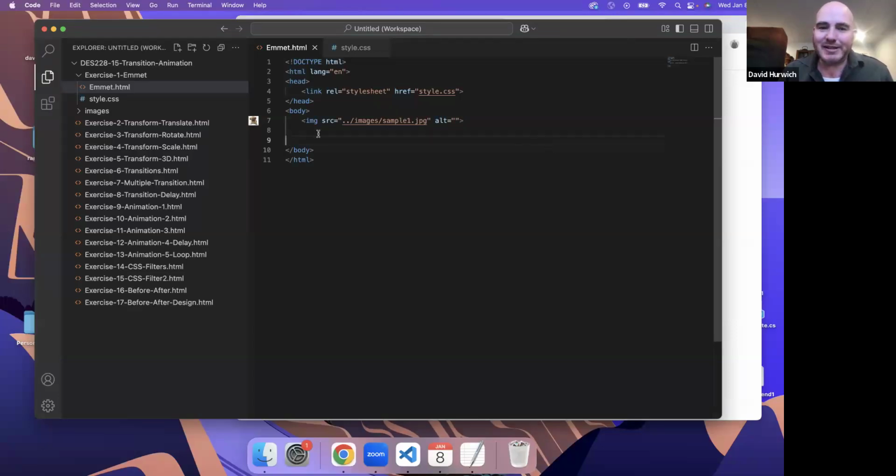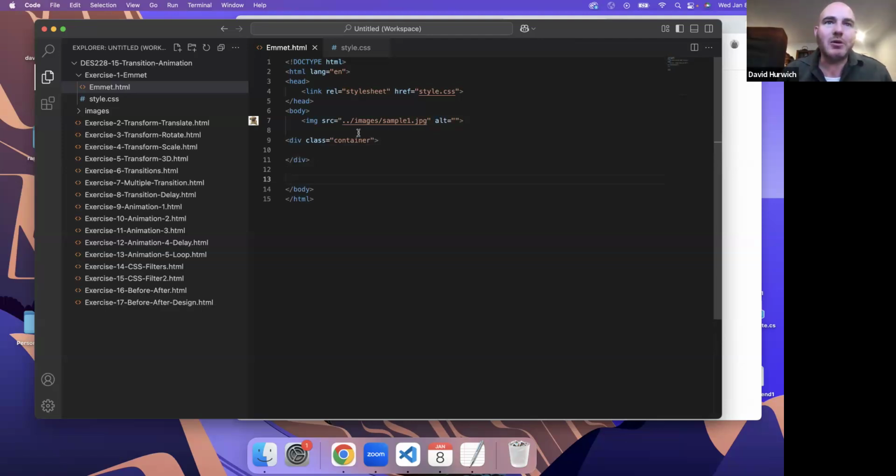Another fun thing to do is you can add classes and IDs to things really quickly. So let's just say I'm going to make a div that has a class on it. And that class, let's just say for the sake of argument, is called container. I could write div dot container. Now remember, the dot signifies in CSS that we're creating a CSS class. So when I do this and I expand, you can see it automatically created the div with a class of